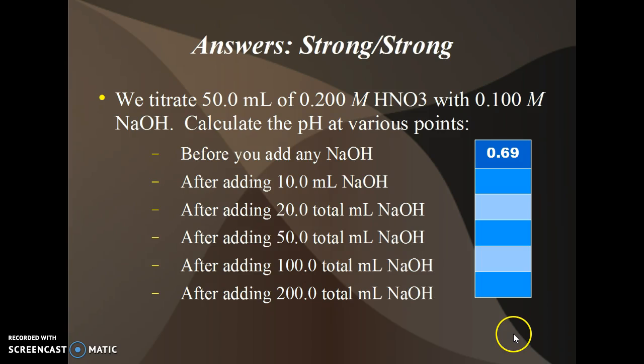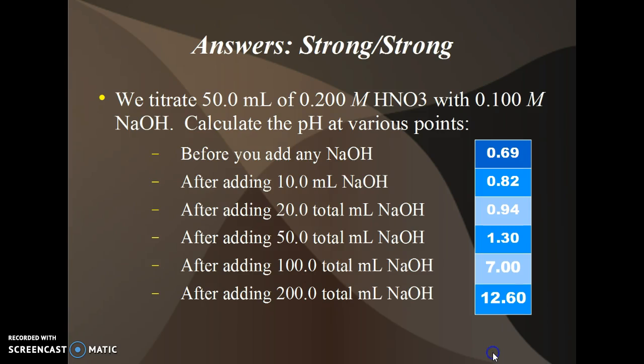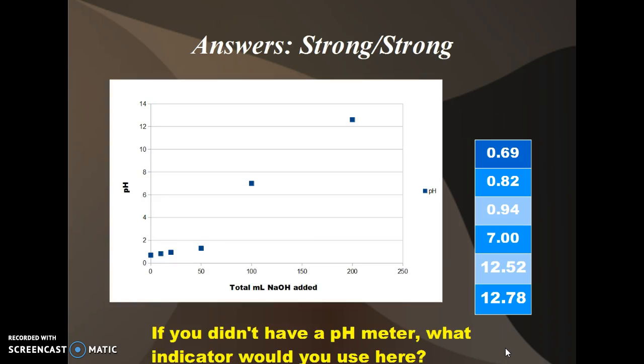Here are the answers. The initial pH, after adding 10 milliliters of sodium hydroxide, after 20 of sodium hydroxide, it's just edging up, after 50 of sodium hydroxide, after 100 of sodium hydroxide, again we have the equivalence point, and then after 200 of sodium hydroxide, the pH jumps up to 12.6. You should have been able to do those. And here is the strong